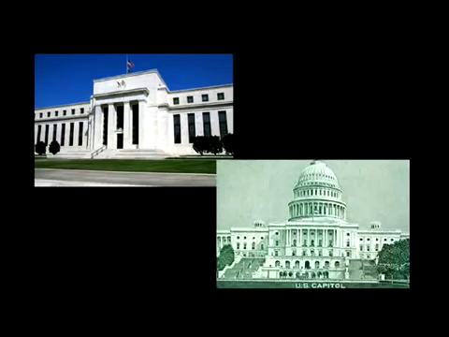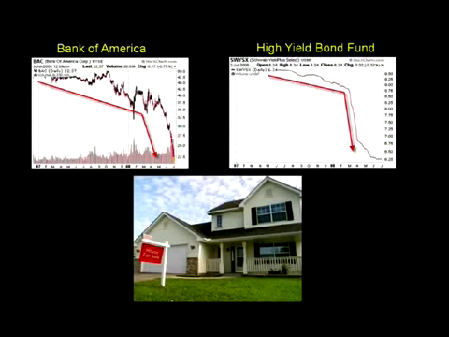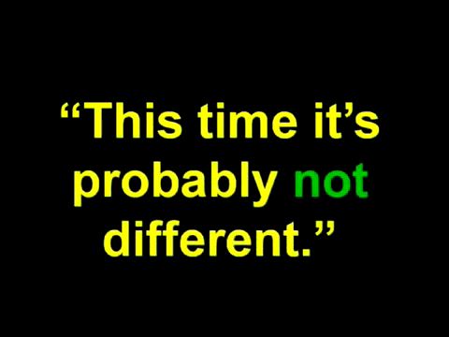So, what can we expect from a collapsing credit bubble? Simply put, everything that fed upon and grew as a consequence of too much easy credit will collapse. I am especially leery of financial stocks, low-grade bonds, and of course, real estate. I see very few conventional ways to protect one's wealth, and so I invite you to begin asking yourself, and if you have one, your financial advisor, some very hard questions about the safety of your holdings. You'll be glad you did. Remember, this time it's probably not different.